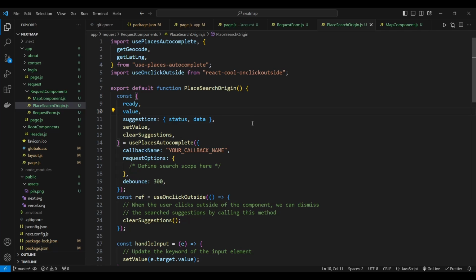Suggestions is an object containing valuable data related to autocomplete suggestions, encompassing attributes like status and data that help in managing the suggestions. setValue is a function that serves to update the input field's content based on user interactions. On the other hand, clearSuggestions is a function designed to clear any displayed autocomplete suggestions, ensuring a smooth user experience